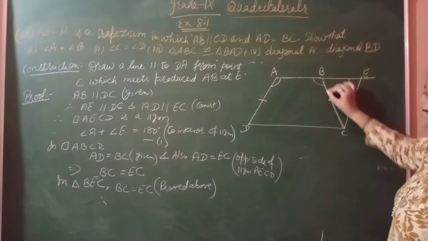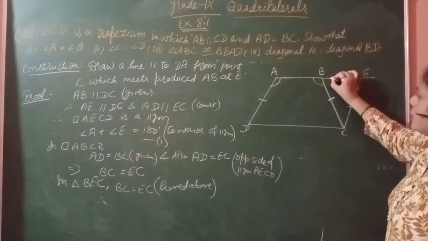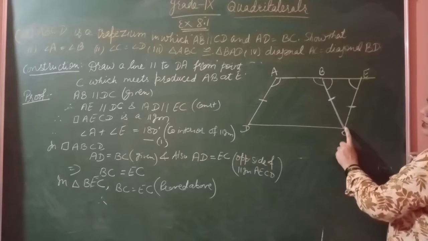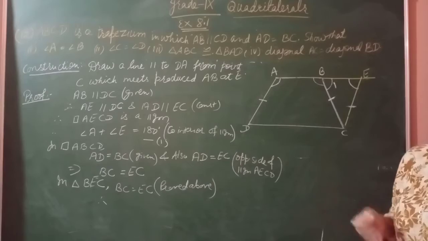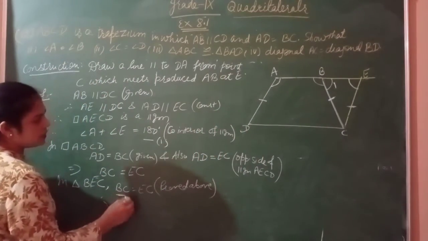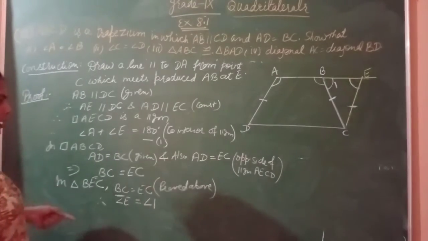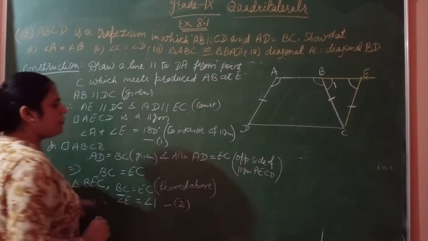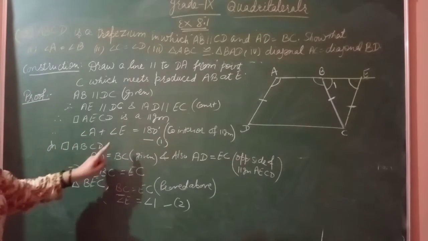Clear? So BC का opposite क्या है, angle E, और इधर CE के opposite या EC के opposite angle क्या आ रहा है, this B. You can name it as angle CBE, or you can write here angle 1. Clear? आप 1 भी ले सकते हैं, और you can write name CBE. So BC के opposite angle E is equal to angle 1. Clear? This step clear?